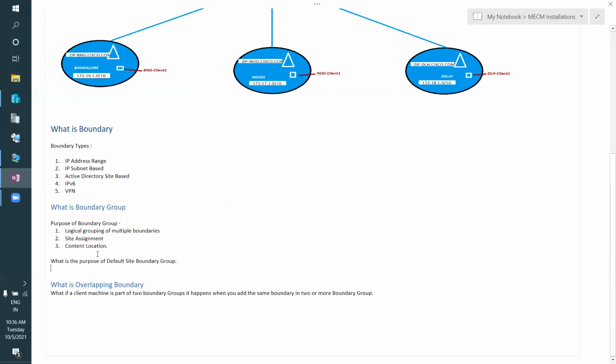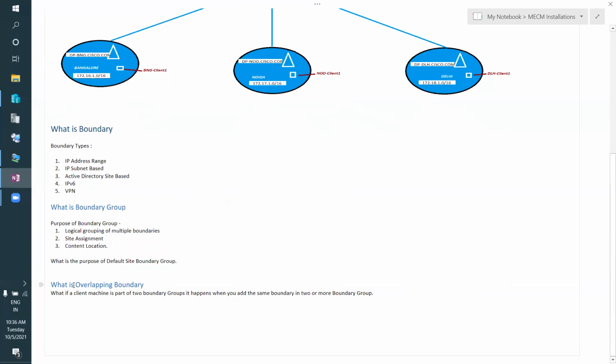If a client machine is not falling under any boundary group, then it can go to the default site boundary group. If you have specified a particular site system server under the default site boundary group, then that client machine can get content from the site system server specified there. But we have to configure it for fallback.